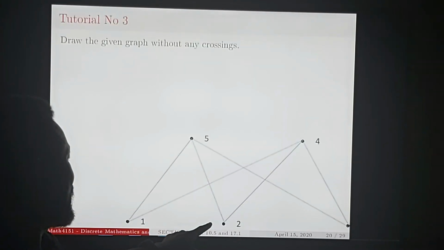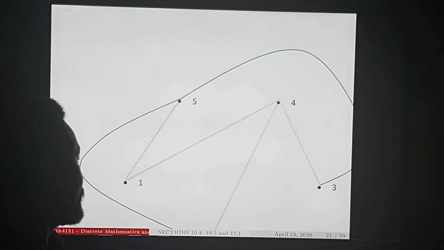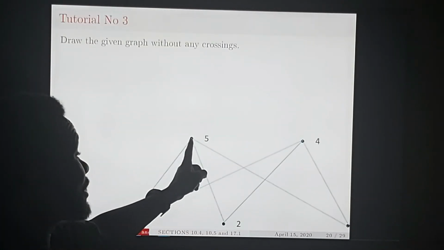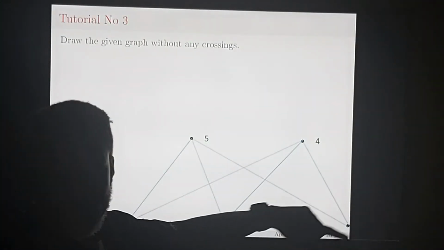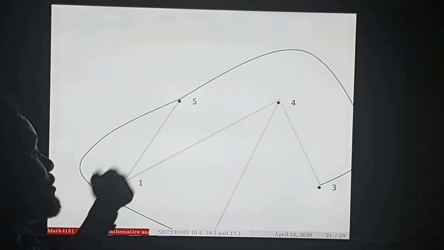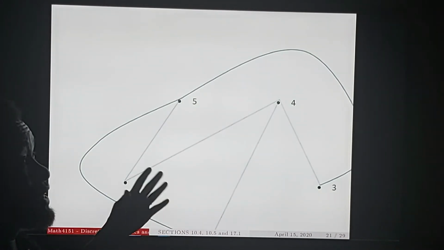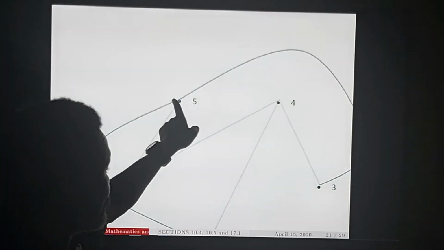How many crossings did we have? And then 5, and this one has also gone away. Is it? 5, 3. For 5 and 3, we take it round. We take this one, instead of cutting across like this, we take it round like this. If you do that, this is the graph you end up with, which now you can write nicely. You can just look at the outer vertices. It will be 2, 5, and 3.